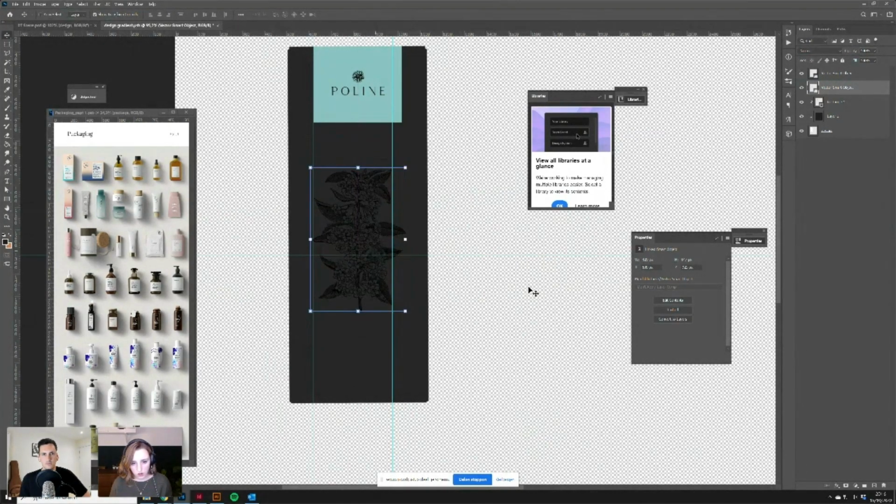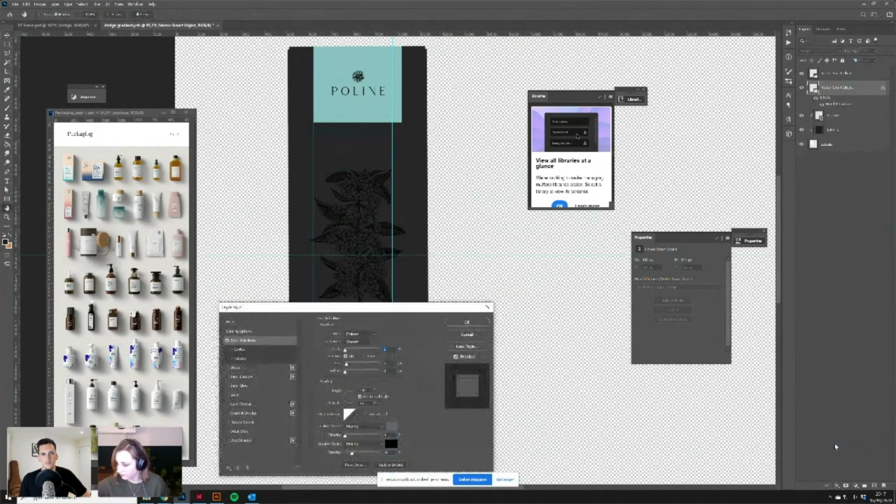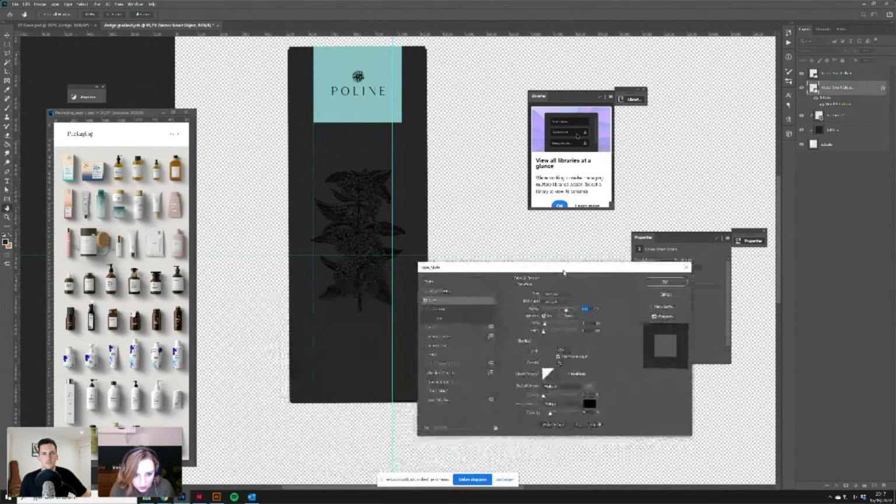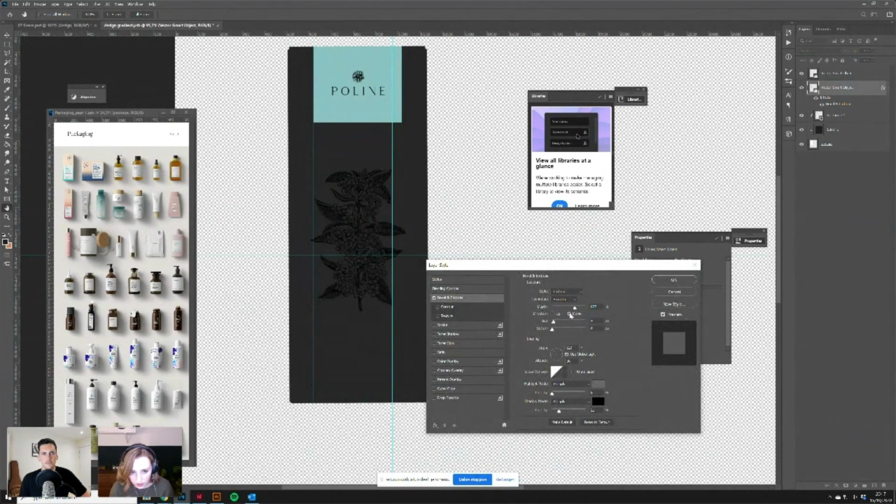When I paste it on here, I go to this little effects button in Photoshop and go to bevel and emboss. And then I'm just going to play around here with the settings until I like it. So it kind of gives that extra